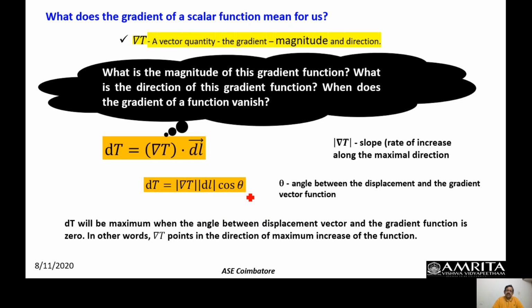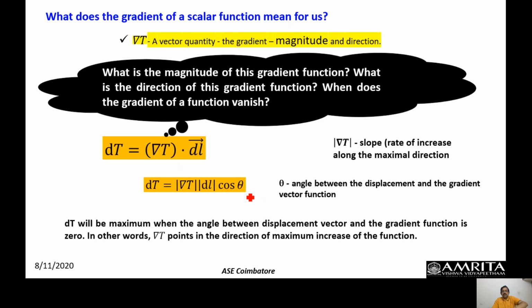That is about the direction. There is another thing I wanted to tell about the direction. Now you can ask what is the direction of the steepest descent. That will be the negative gradient. Steepest ascent means maximum increase of the function. The direction in which there is a maximum increase of the function is the gradient of the function, whereas the direction of maximum steepest descent is the negative gradient.